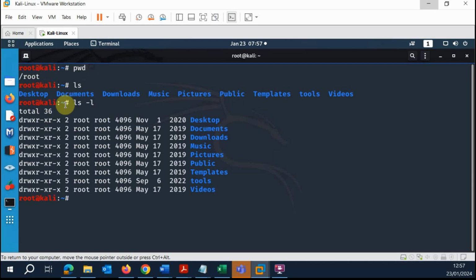Let's do something else like a long list, ls -l. A long list here as well gives us more information. We can see what we call the permissions on this folder. So if you see a D in front of a folder in terms of the permissions, this is telling us this is a directory. So D stands for directory, R stands for read, W stands for write, and